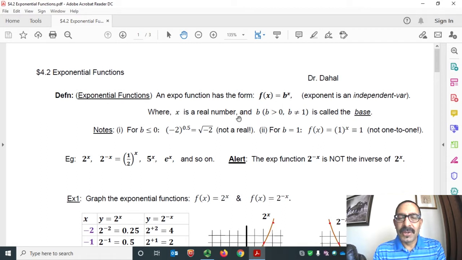x is a real number, and b is strictly greater than 0 and b not equal to 1, is called the base. Quick note,